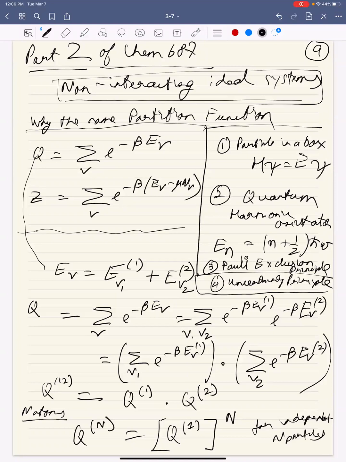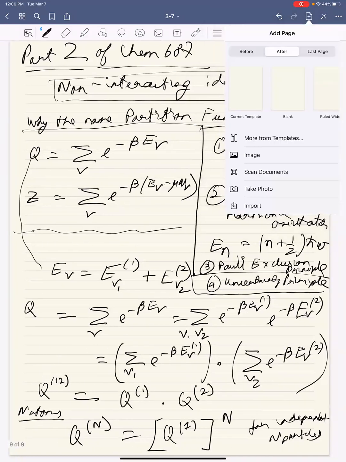So we are going to use this to calculate partition functions. How are we going to set up the problem? In order to set up the problem, let's say we have n indistinguishable particles. So this is important. We are going to work with indistinguishable particles. We are not going to work with distinguishable particles, okay? And indistinguishable particles